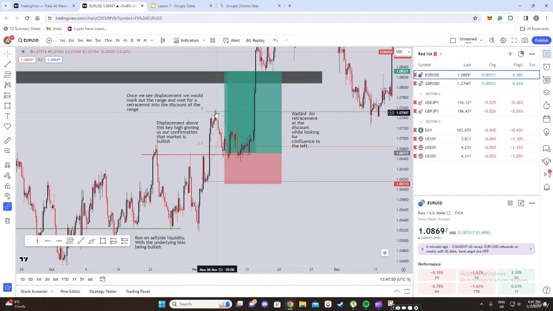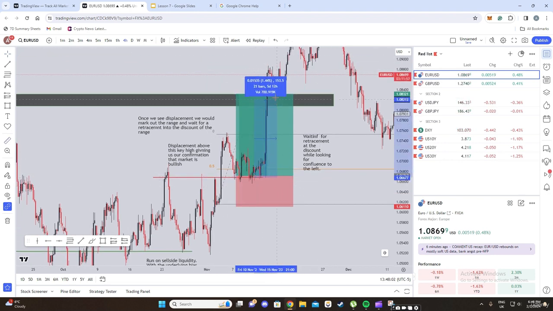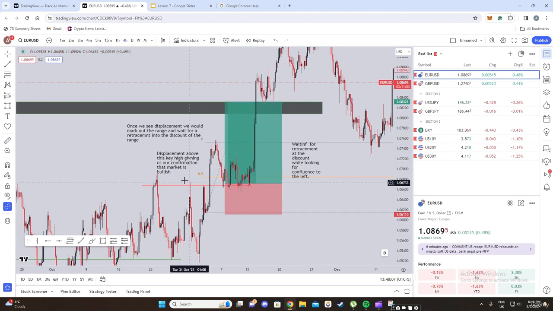So price came to the discount, we'd look for confluence on the left, which is this here. It's literally to the left. We would see a gap and a breaker block. So that's enough for us to go long, keeping our stop loss below this range. And our target for the long, the first target would be this high here. So first target